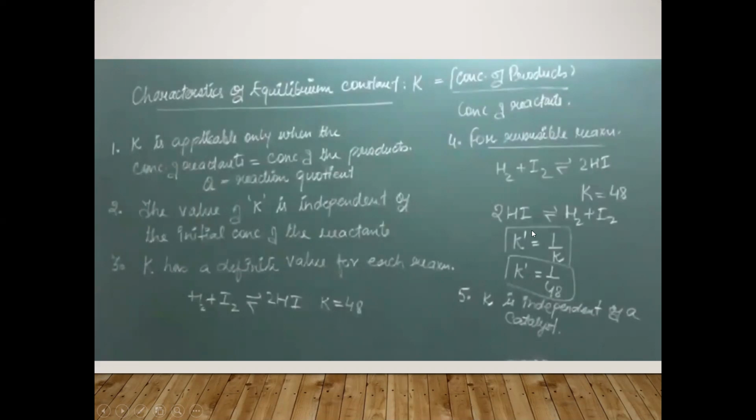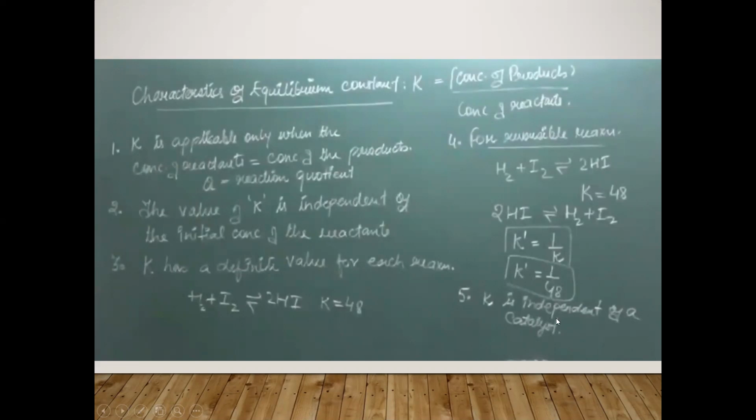Clear? अगर reaction हमारी reverse हो जाती है, like we can attain the equilibrium from forward reaction also and from backward reaction also. So if we have the equilibrium constant of the forward reaction, then the equilibrium constant of the backward reaction will be the reciprocal of that. Clear? Exam में बहुत बार ये पूछा जाता है, कई बार JEE में भी ये question आ जाता है. It's a very simple question. You only have to calculate the reciprocal. So the equilibrium constant for this reaction will be 1 upon K, that is 1 upon 48.